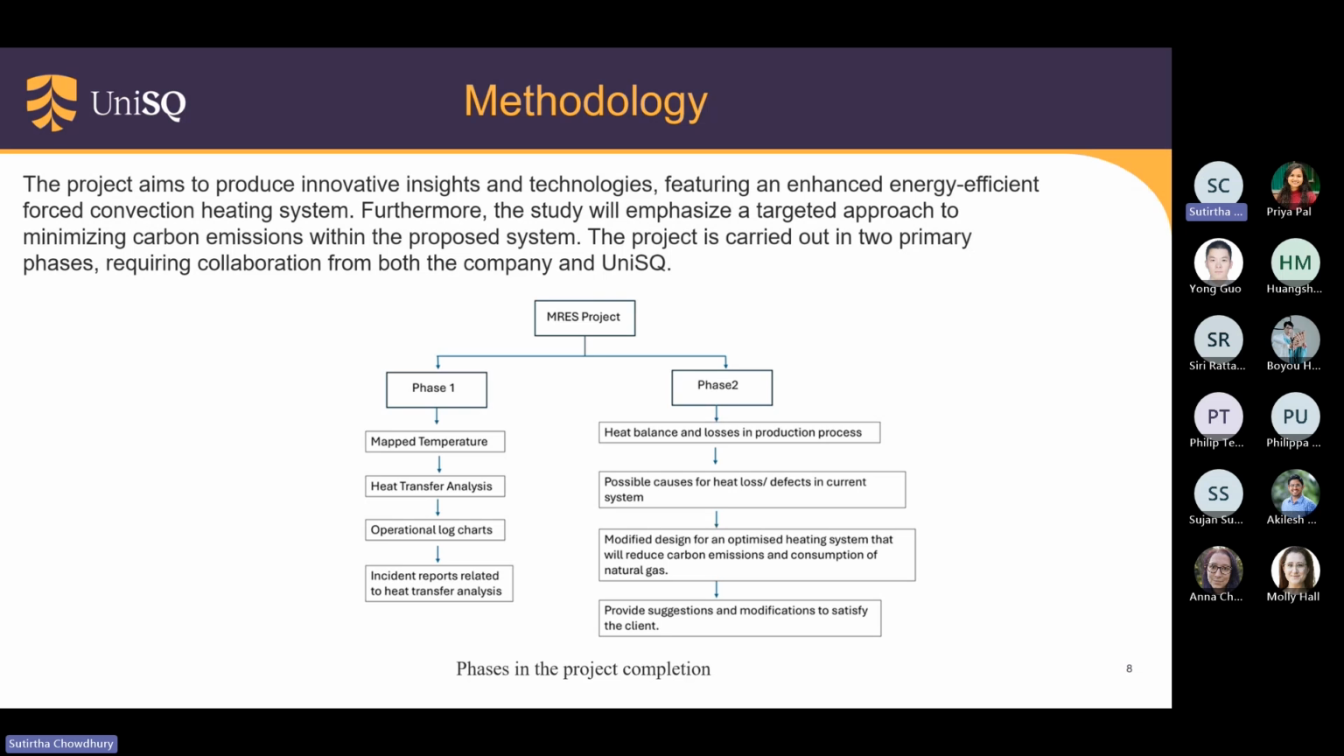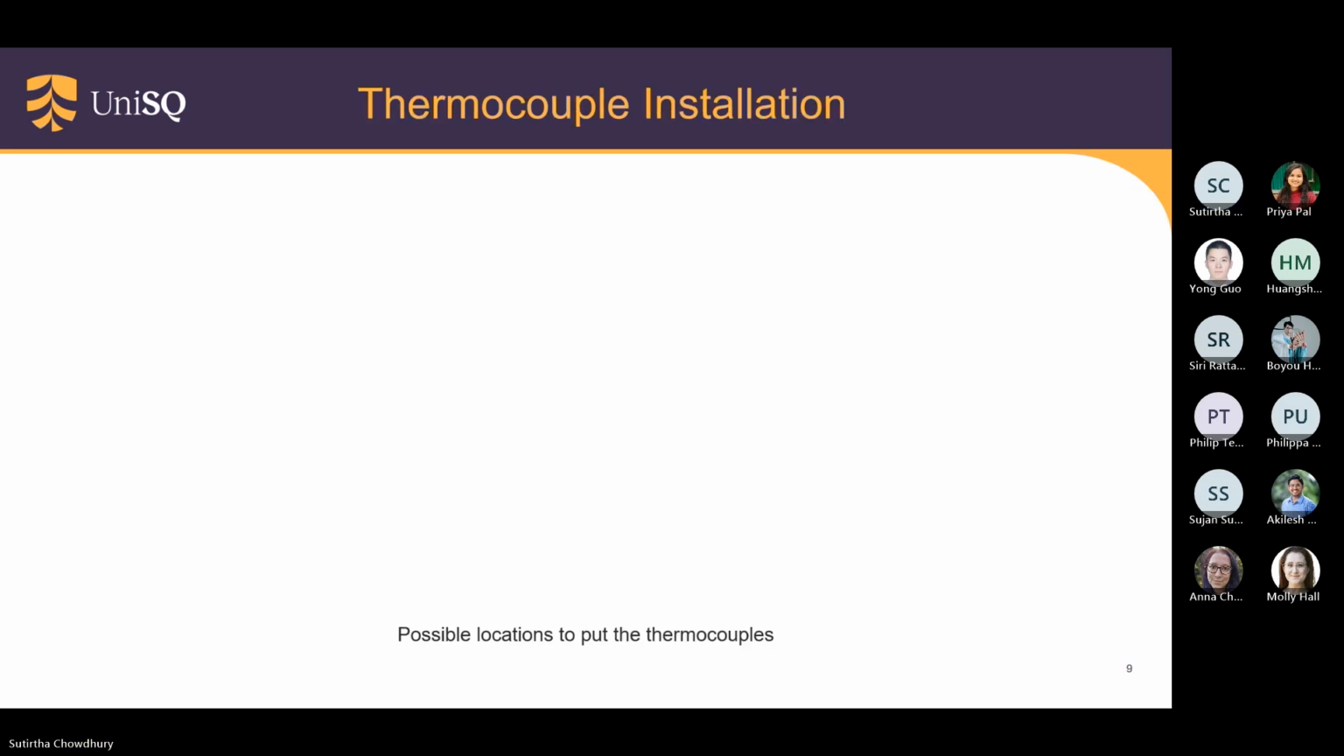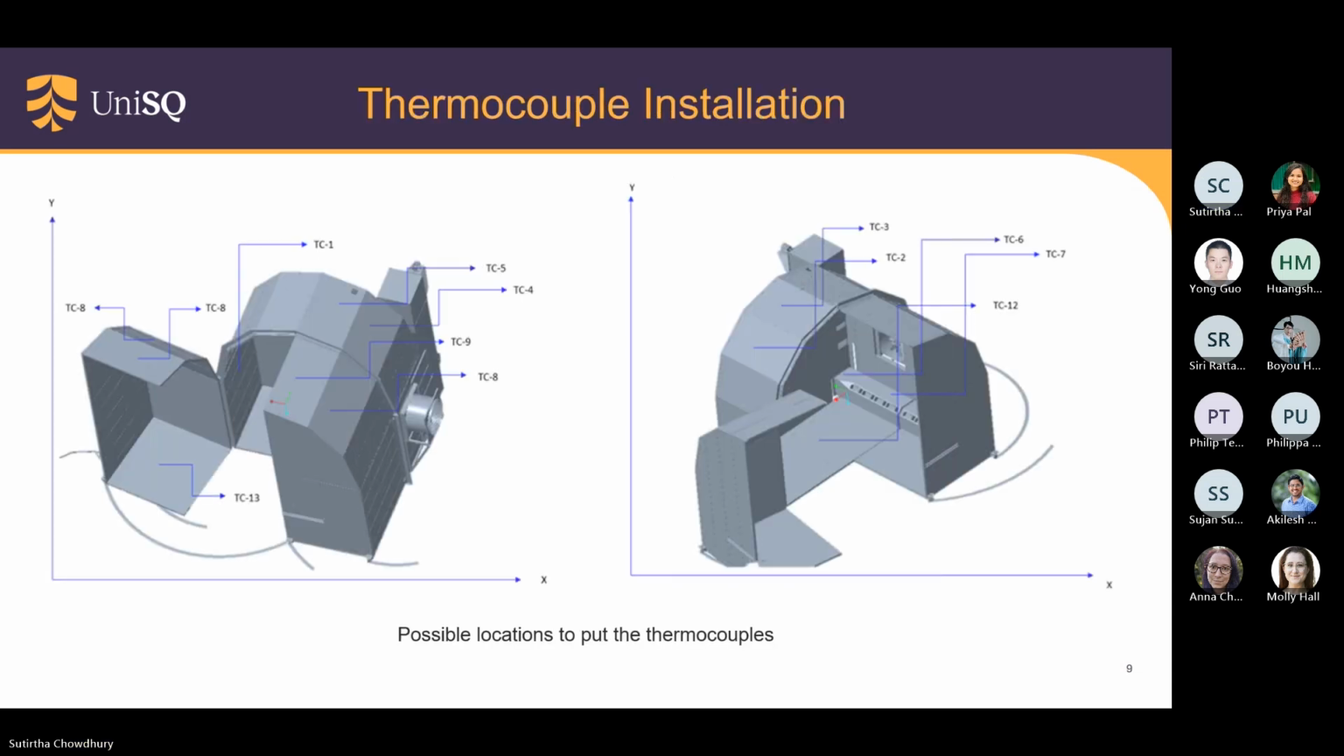Afterward, I have done some modification in the designs for an optimized heating system that is reducing the carbon emission and consumption of the natural gas. And in the final decisions, we are going to provide some suggestions and modifications to satisfy the Bushman tanks. In the methodology,